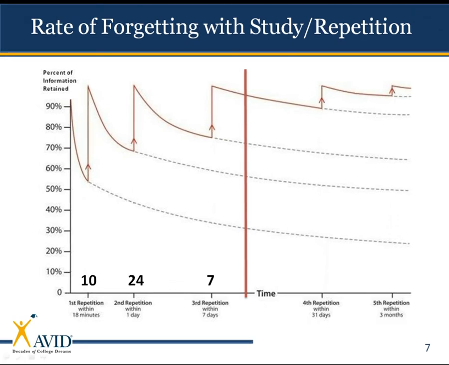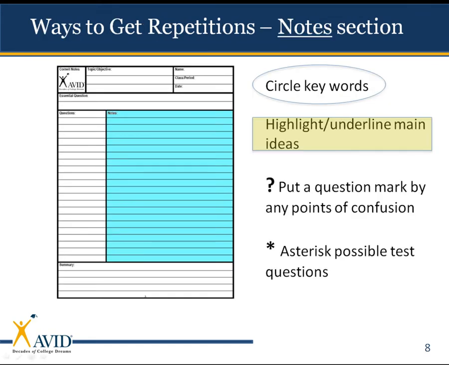All right, so you've convinced me multiple repetitions are important. What does that have to do with Cornell Notes? I'm glad you asked. Let's look at how using the steps of the Cornell note-taking process, it forces us to get multiple repetitions of information and keep our retention level high. Using that big section on the right, the notes section, where hopefully you're taking notes right now, some strategies to get multiple repetitions are going back in that 10 to 20 minute frame, maybe at the end of class, maybe between periods, maybe during lunch, circling words that you think were key from the notes that day, maybe highlighting or underlining some main ideas.